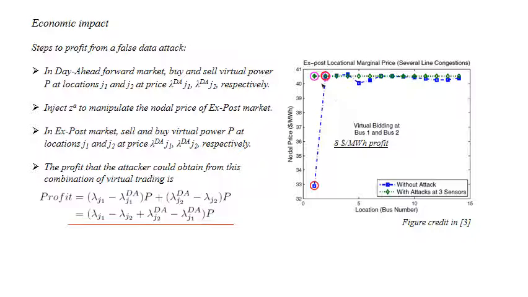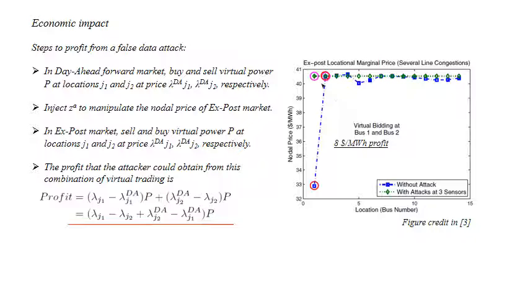And finally, the exposed market, that is the final settlement. So finally, as a result of this manipulation of the measurements in the exposed market, we will sell or buy a certain amount of power according to what was bought in the day-ahead market. So the profit that we'll get from this transaction is expressed in this formulation. And we can see from the paper read for this assignment